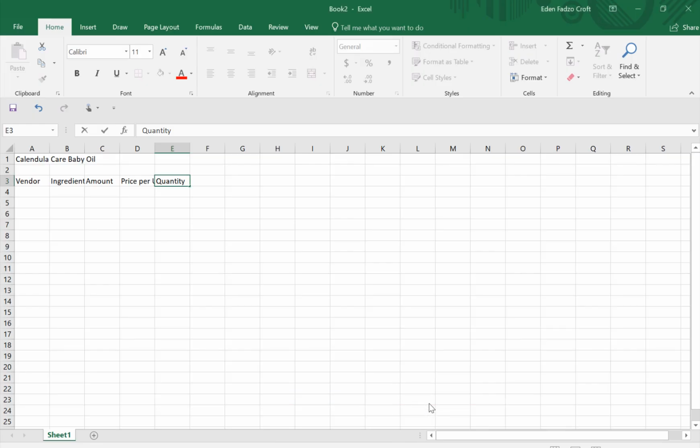So let's go back to our handy dandy subtotal and price per ounce. Okay, so don't worry that it's all squished like that. We're gonna fix it later. Okay, and so